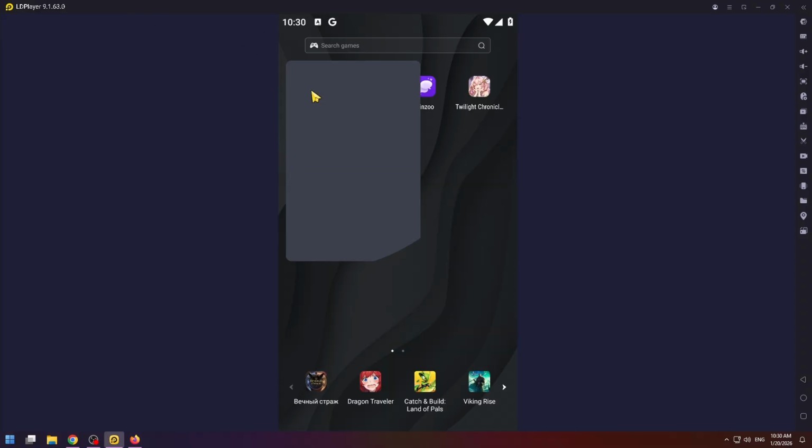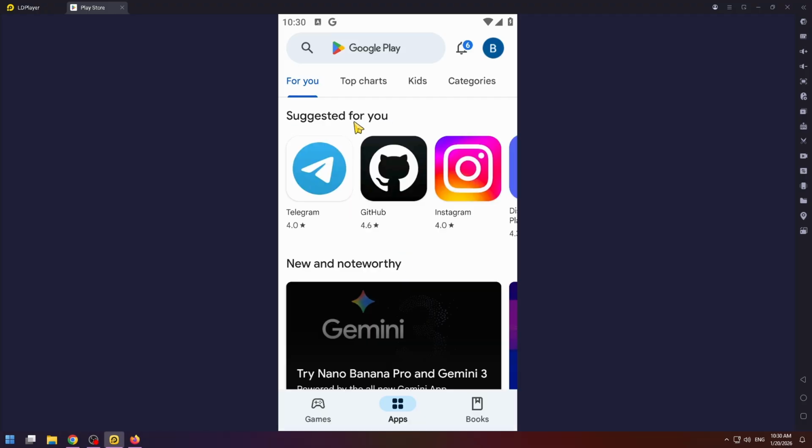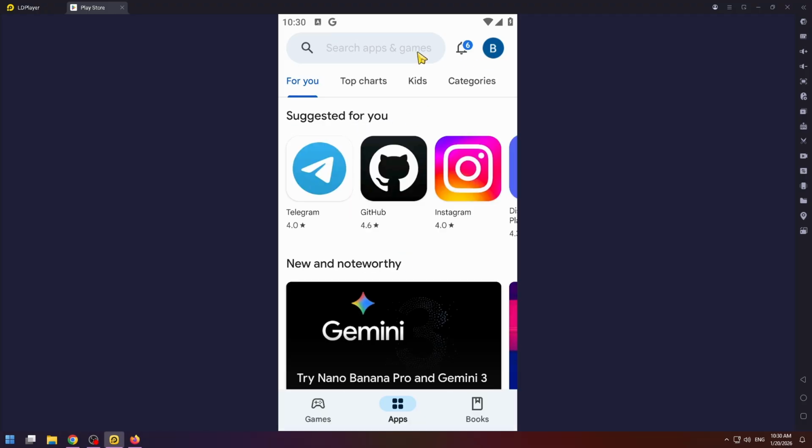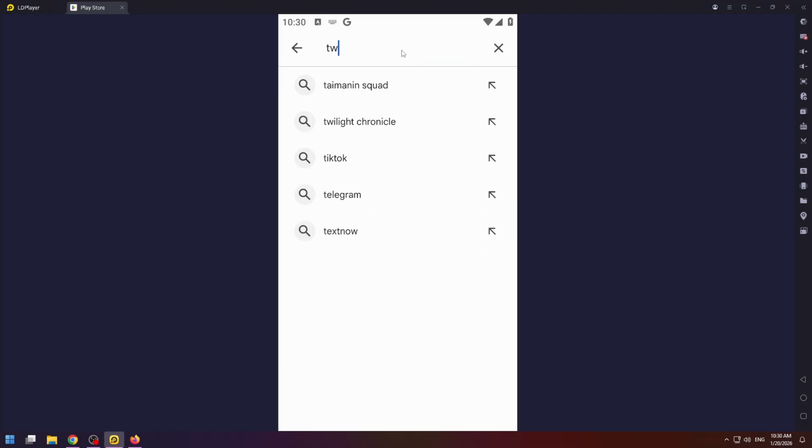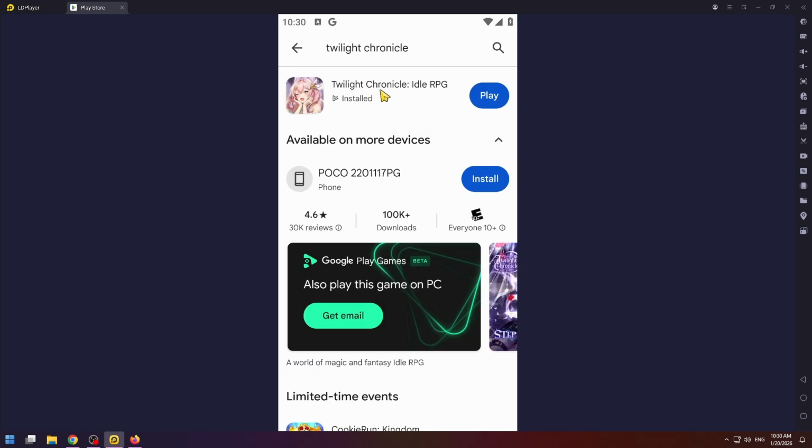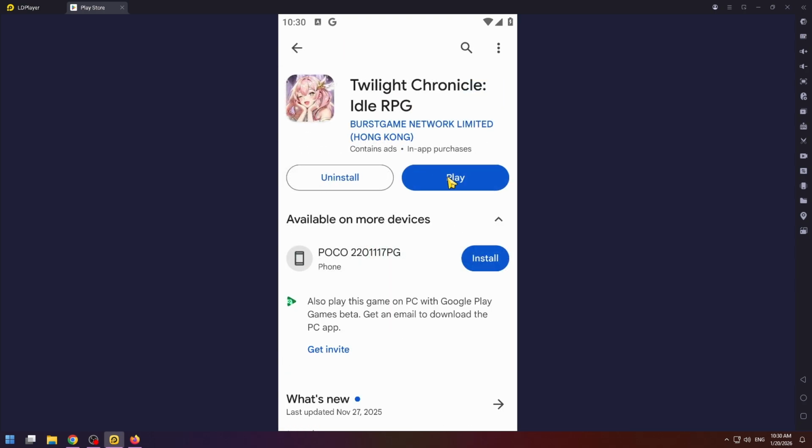Firstly, open up Play Store. Of course, you have to log into your account. Then type here the name of the game, Twilight Chronicle in our case. Then click on it, and here you will see the install button. So click on the install button, and after the installation process, you will see here the play button, or just